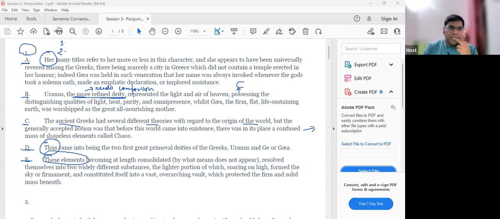Did you form a pair? Any two sentences that would be a pair for sure. And so you would say, okay, this refers to her. I don't know who her is, so we need to identify this person. Thus came into being. Now, what is the meaning of this word thus? Can anyone tell me? What is this thus? Thus means in this way. Thus technically means in this way.